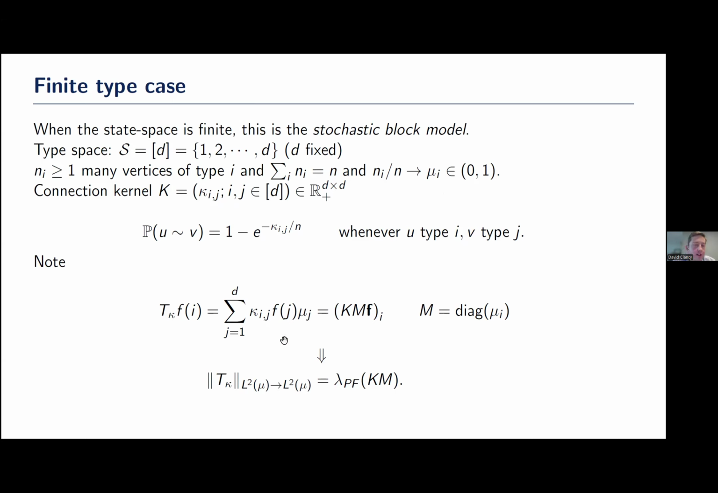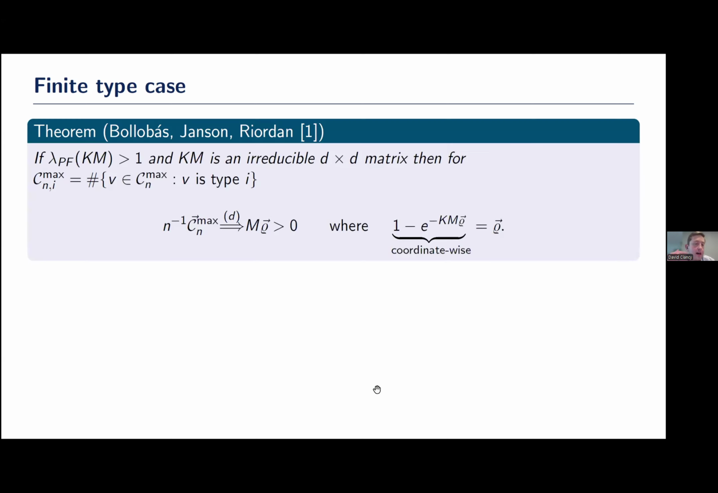And it's not too hard to convince yourself that the operator norm of this integral operator is simply the Perron-Frobenius root of the matrix K_M. So in that case, this result by Bollobás, Janson and Riordan can be translated into a much simpler statement, right? So if K_M has Perron-Frobenius eigenvalue strictly bigger than 1, and the matrix K_M is irreducible,